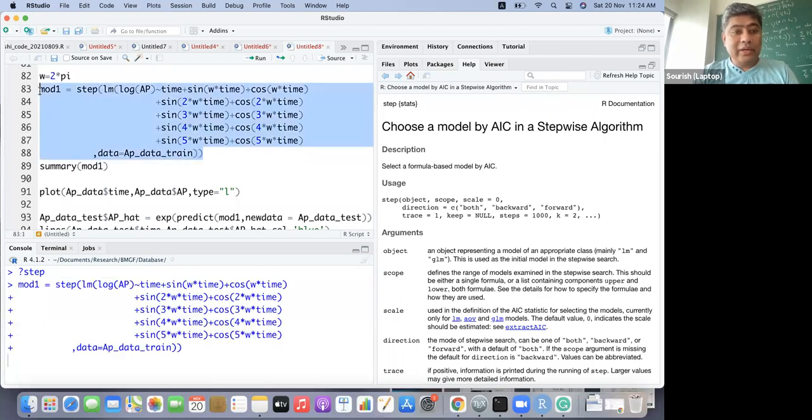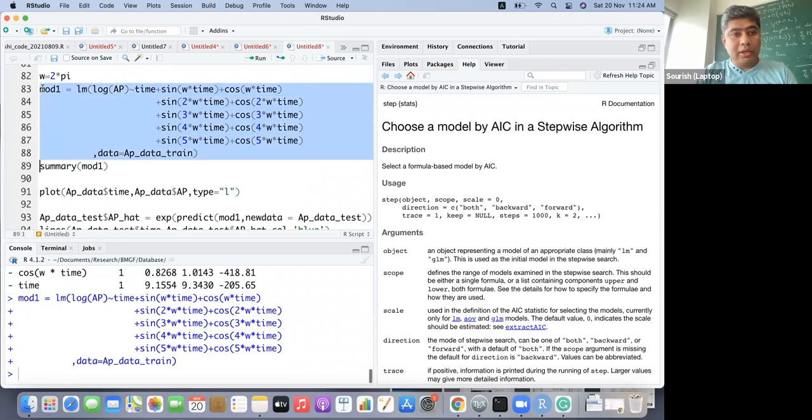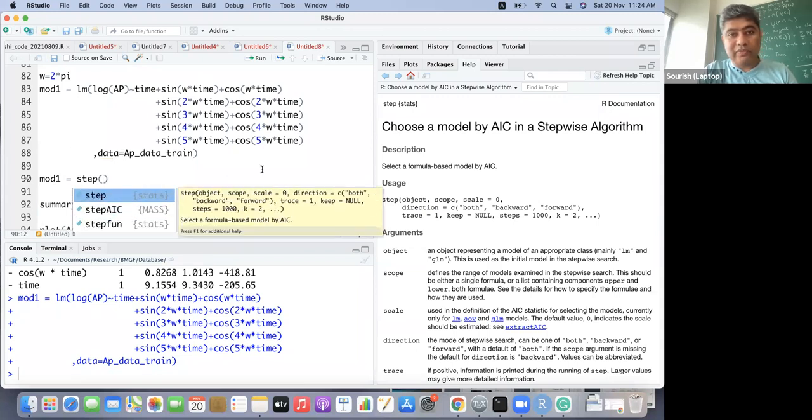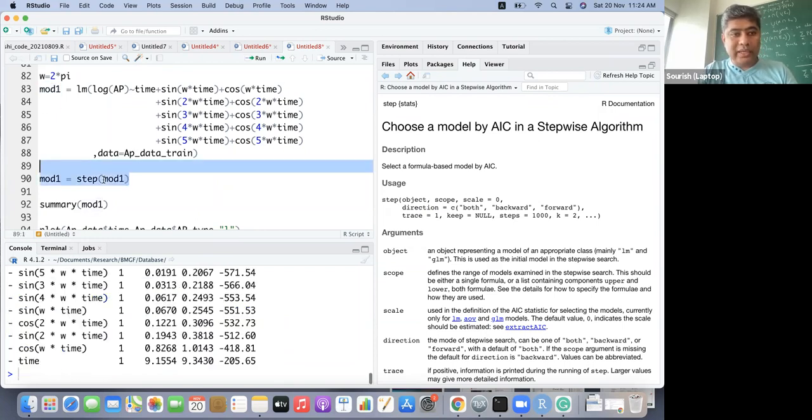But still we can do the stepwise selection, and all you have to do is fit a full model and then put it through a stepwise step function, which is available in the stat package. These are all very old functions. So it will do a stepwise selection.